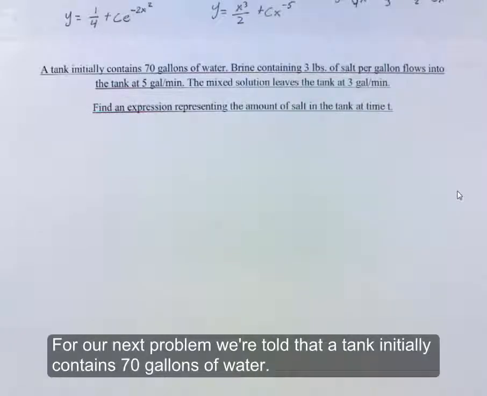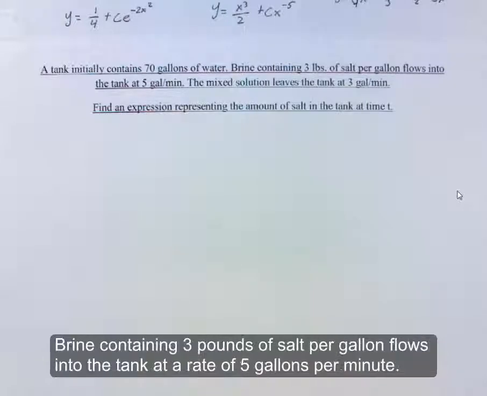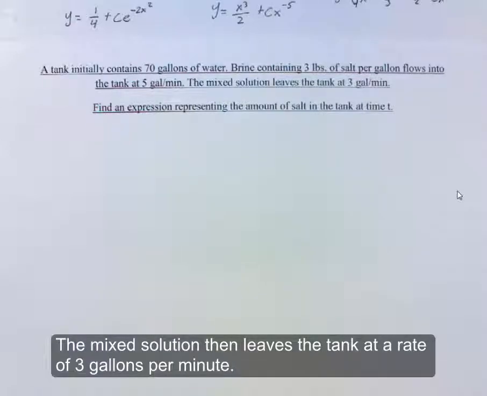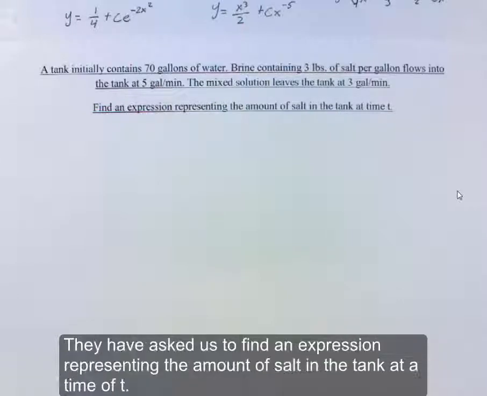For our next problem, we are told that a tank initially contains 70 gallons of water. Brine containing 3 pounds of salt per gallon flows into the tank at a rate of 5 gallons per minute. The mixed solution then leaves the tank at a rate of 3 gallons per minute. They have asked us to find an expression representing the amount of salt in the tank at a time of